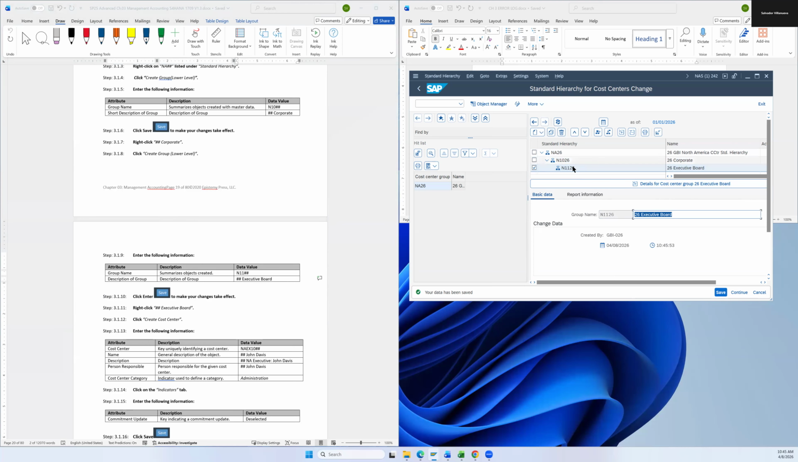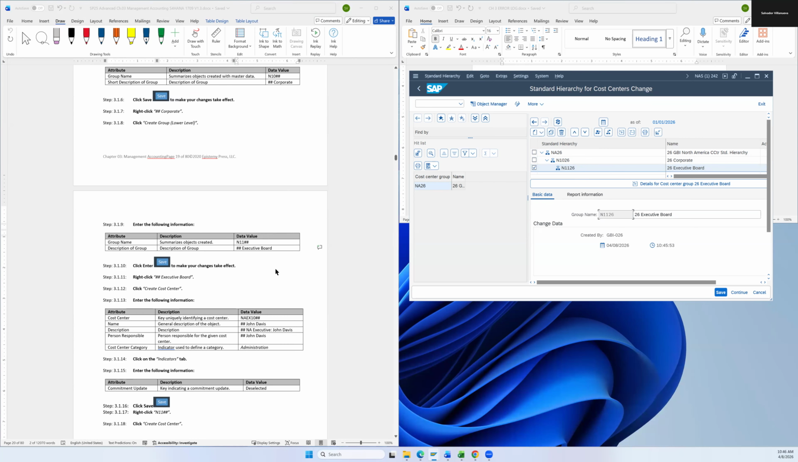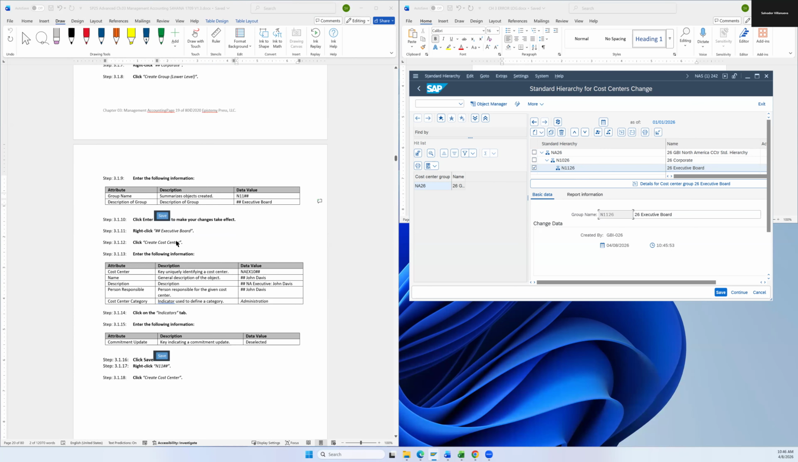If you make a mistake in one of these, you can easily just delete it and make it again. Because I don't think you can change the name. The name is already locked in, so you can't change that after you hit save. I don't believe you can. I think it's just easier to hit delete and then just recreate it. It's a lot easier. So now that we've created the executive board, we're going to right click on executive board